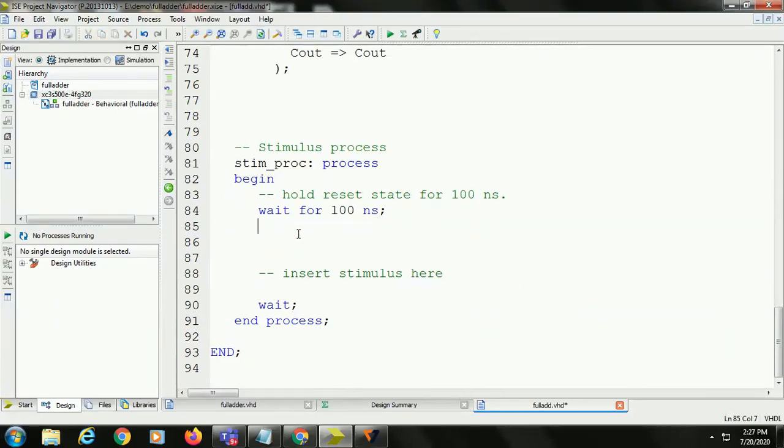So at the starting, the 0 0 0 combination is there. So wait for 100 nanoseconds. The 0 0 0 combination will wait for 100 nanoseconds, and it will produce the output for the 0 0 0 combination until 100 nanoseconds. Next we will give another combination, that is, after 100 nanoseconds we are changing the combination from 0 0 0